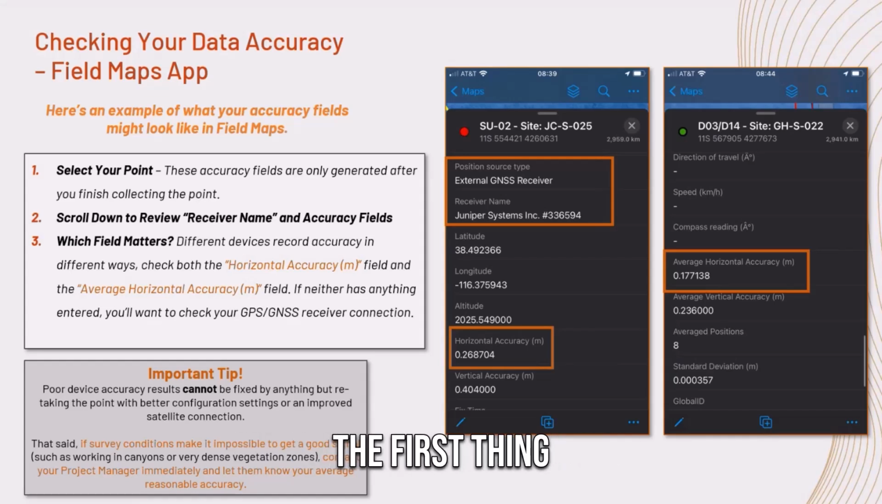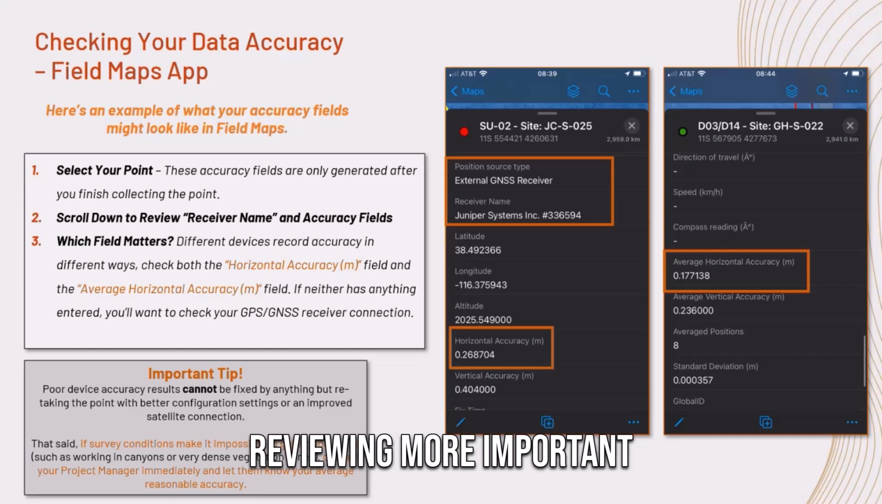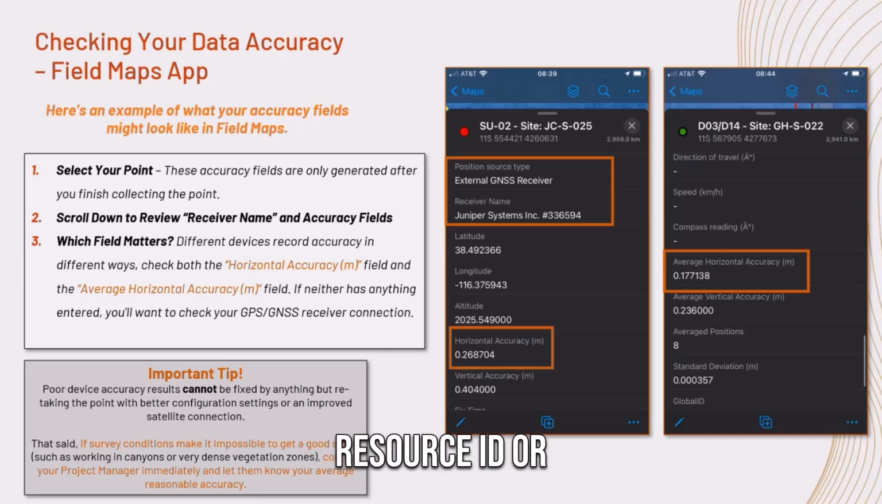To review these, the first thing you do is just select the point that you were just working on, and then you can scroll down to review these fields. For sanity's sake, GIS teams tend to put these at the very end, so that as you're reviewing more important stuff like the resource ID or the type, there are a lot of additional fields that you don't really need to focus on. This metadata package can come with like 12 different attribute fields,